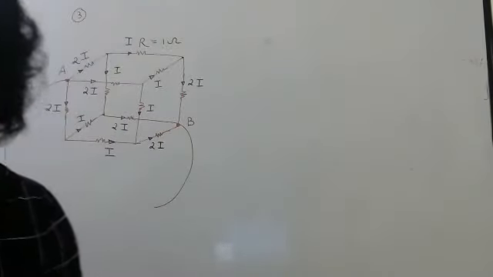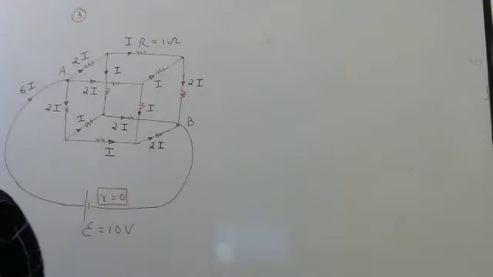Right? Okay. Now they have put a battery here and the battery's EMF they have given as 10 volt. Internal resistance is not mentioned, so I will take it as 0. They want you to find the current from the battery. This 6I we have to calculate. So look at this circuit.